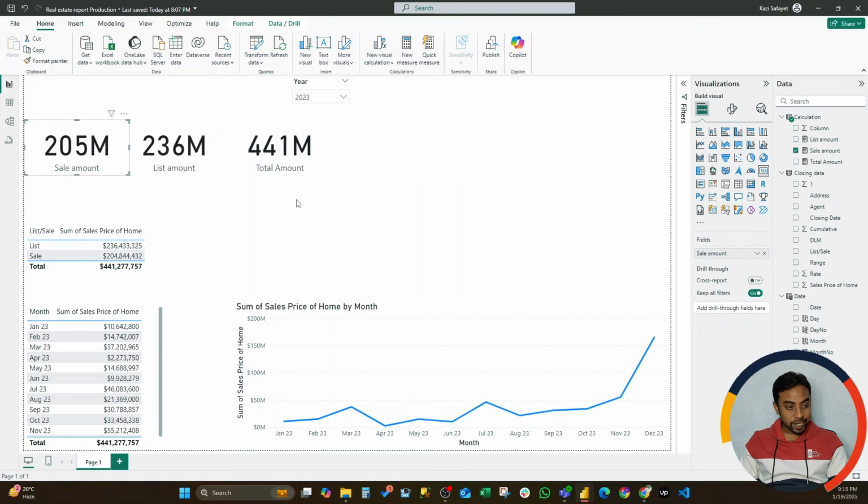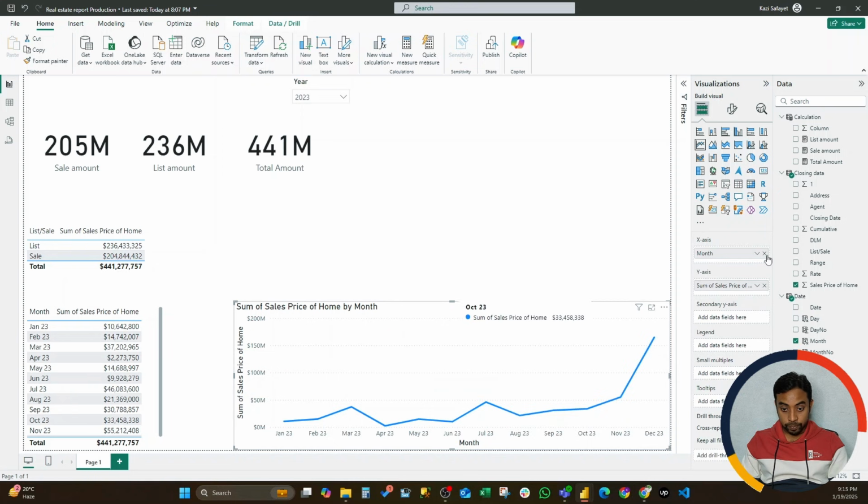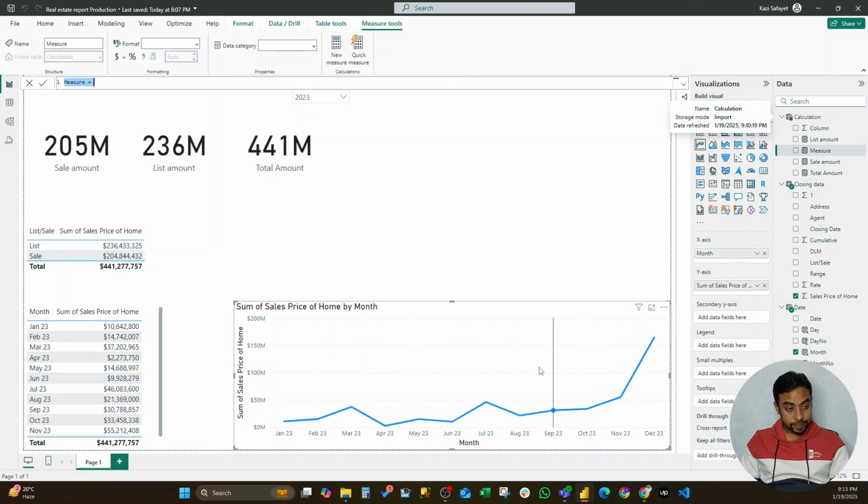We're going to format it later based on our need. There are many formatting things we can do, and also here is our 2023, and we also need to do a time series analysis. So I need to compare this sales amount of year 2023 versus 2022. So we need to create another measure here, which would be same period last year. So we're going to use this total amount as a reference. So last year total amount